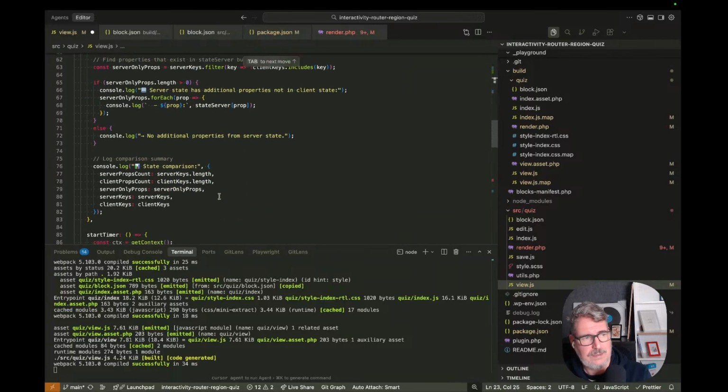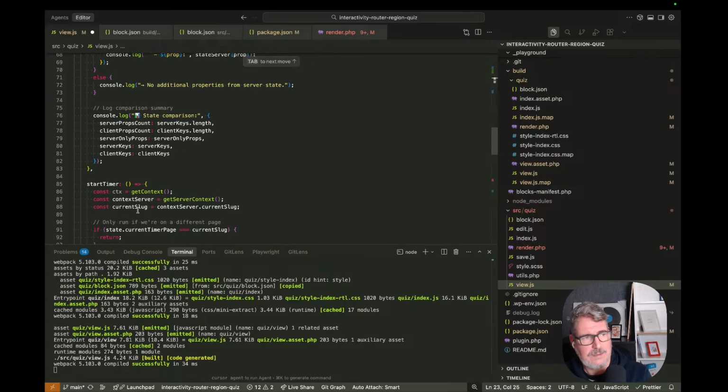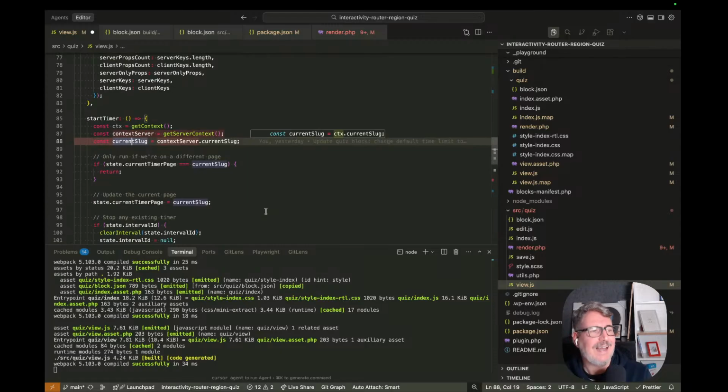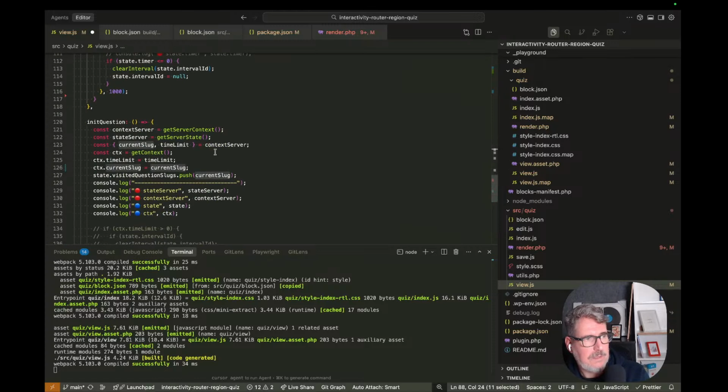Yes, ctx current slug. This is done here in start timer. Okay. In that case, I don't need to do this,